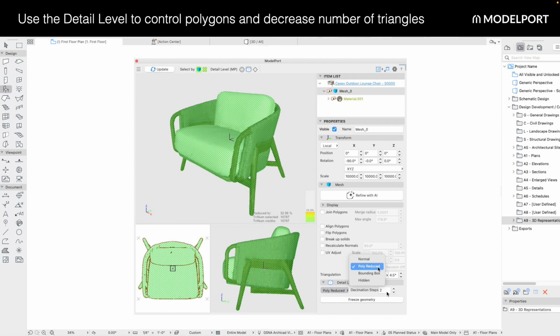So we can now take it poly reduced and continue to reduce that further. And then once we're done with that, by using our decimation steps, we can reduce that further and further down. And it's just going to depend upon the quality, again, that you want within ModelPort here. And you can use those detail level options and then link that to